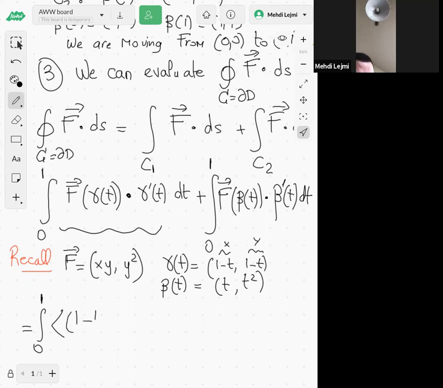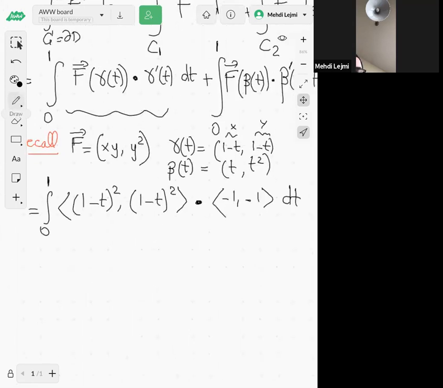Here's 1 minus t squared. Y squared will also be 1 minus t squared. Scalar product with gamma prime of t. Gamma prime of t, the derivative with respect to t, is minus 1 dt, right? Plus,